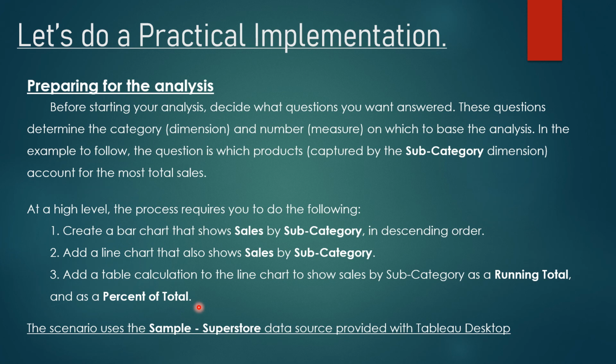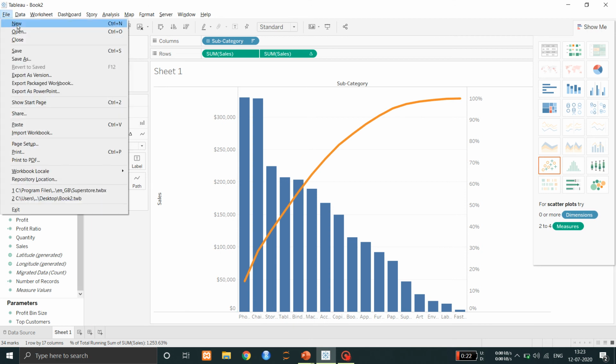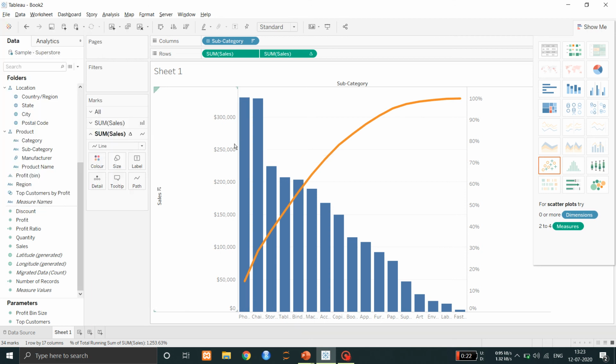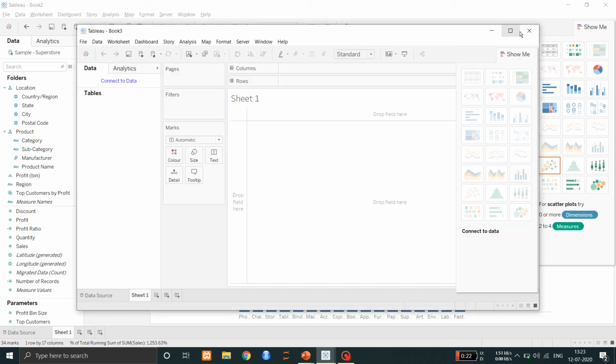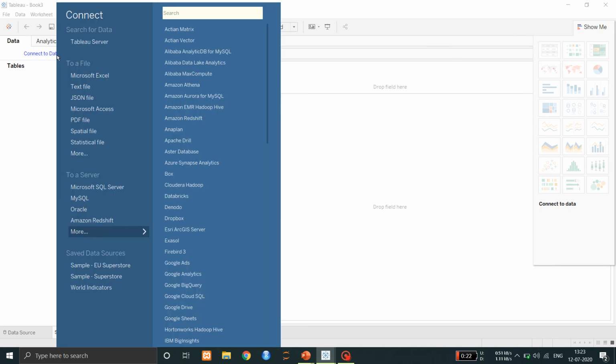So let's begin now. We are using the Tableau software. Firstly, create a new workbook from the file menu. Connect to the data. I am using the inbuilt data provided by Tableau, which is the Superstore data.